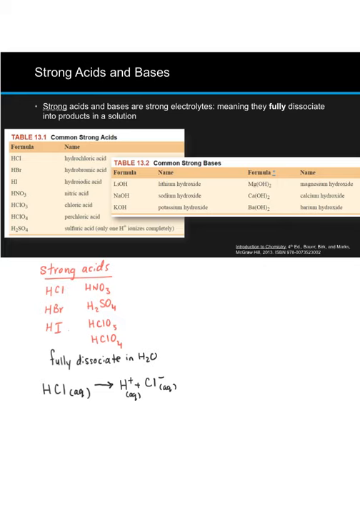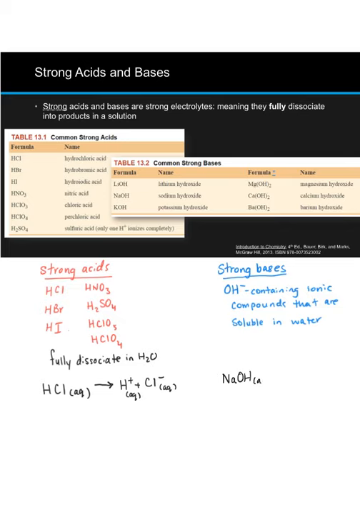Similarly, a strong base is anything that's soluble and contains hydroxide ion. Strong bases are hydroxide ion containing ionic compounds, which are soluble in water. We can identify compounds that are soluble in water based on our solubility rules. An example of a compound that's soluble in water and contains a hydroxide anion is sodium hydroxide,